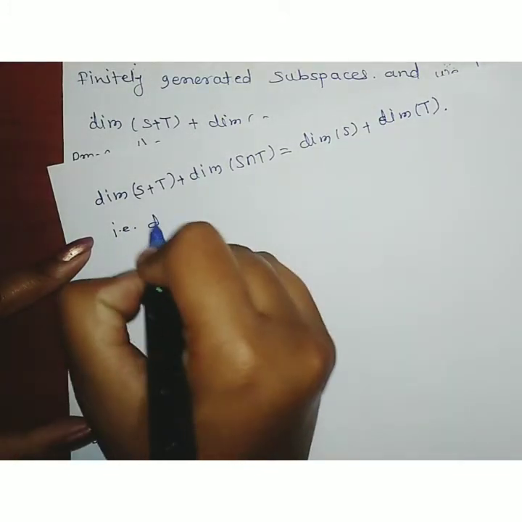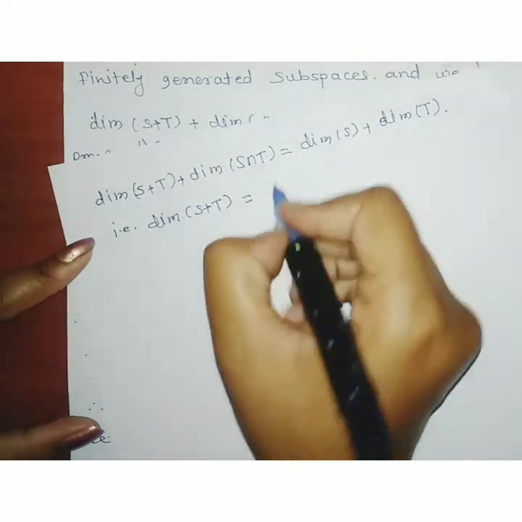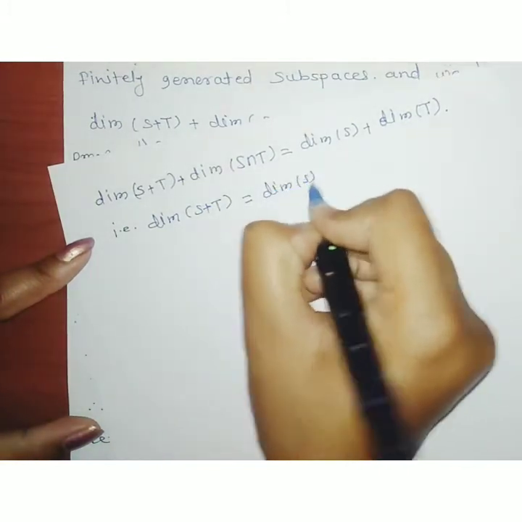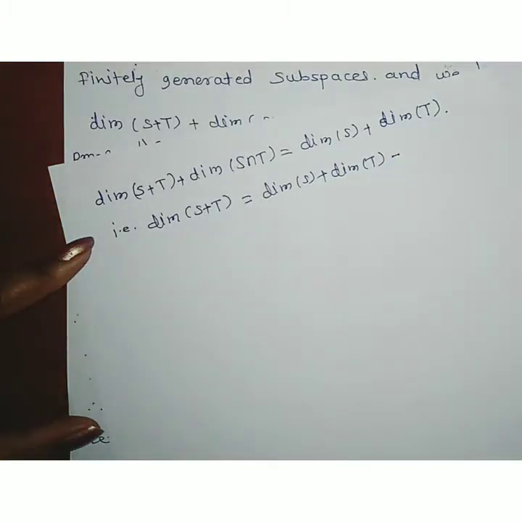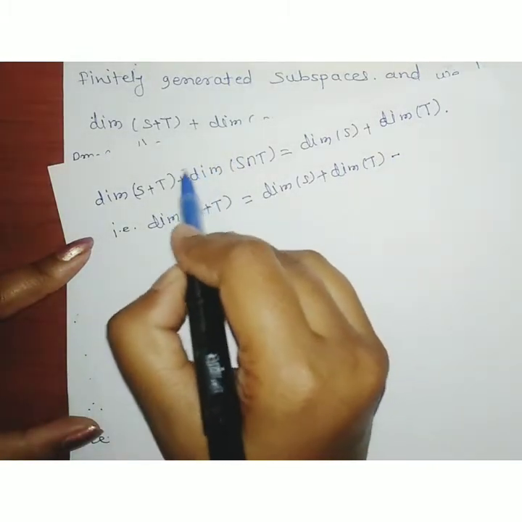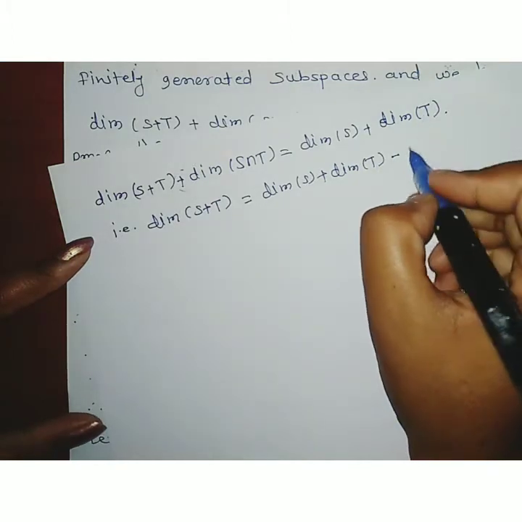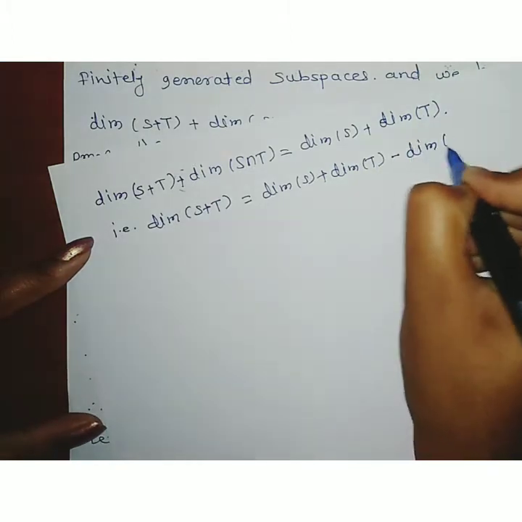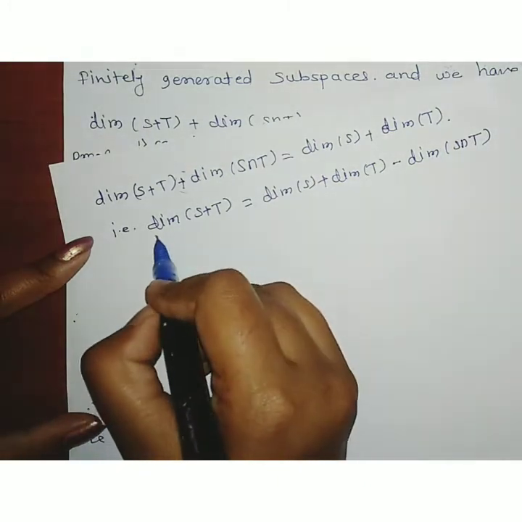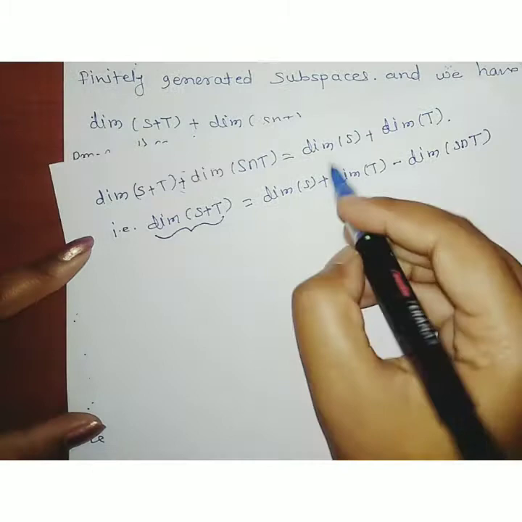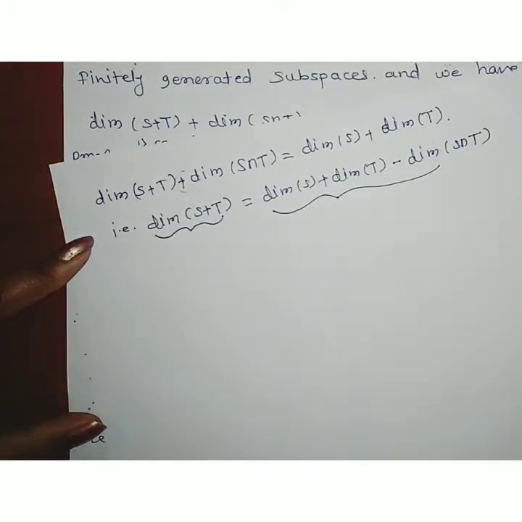That is, we have to prove that the dimension of S plus T is equal to the dimension of S plus the dimension of T minus the dimension of S intersection T. Here the addition sign goes to the other side, therefore it becomes a minus. That is, we have to show that the dimension of the set S plus T is equal to the dimension of this whole set. By using equation third,